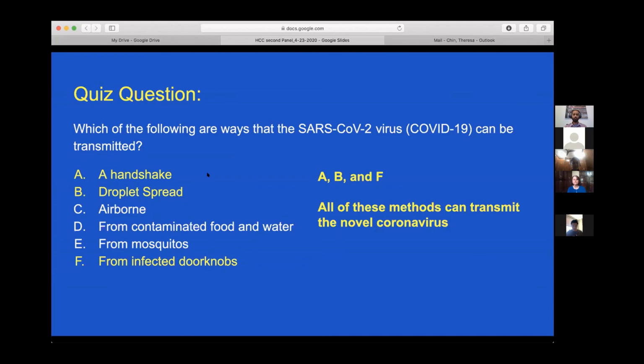All right, good job. So handshakes, droplet spread, and infected doorknobs, which are all things you've been hearing in the news. Avoid close contact, so avoid handshakes, wear masks to prevent droplet spread, and disinfect commonly used surfaces such as doorknobs and phones. Because we know the way SARS-CoV-2 spreads, all these measures help